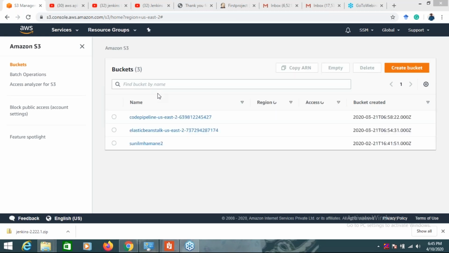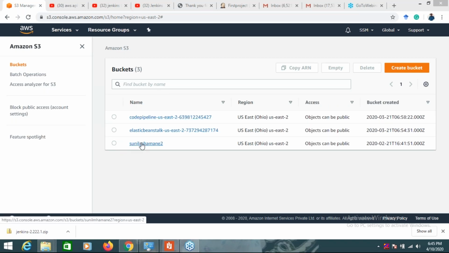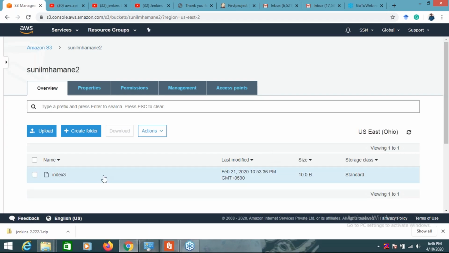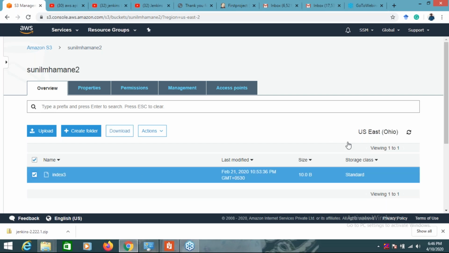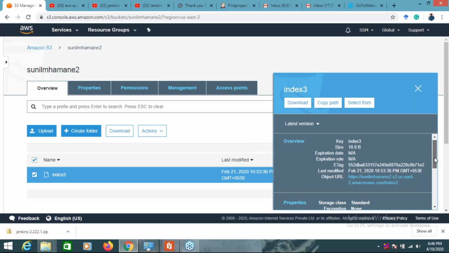Okay, so see here, these are the buckets which are available. I will just go for this bucket now and enter into this bucket. So this is one index 3 that is available, right? If I click on it, I will get some options here. I think it's visible to all of you, right? If I go to this overview,